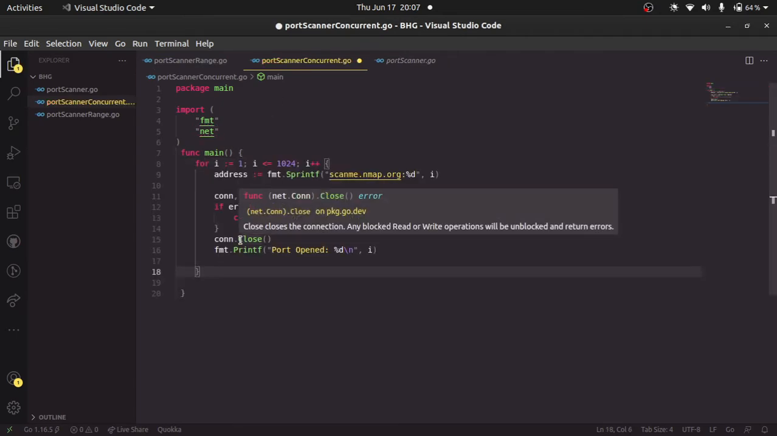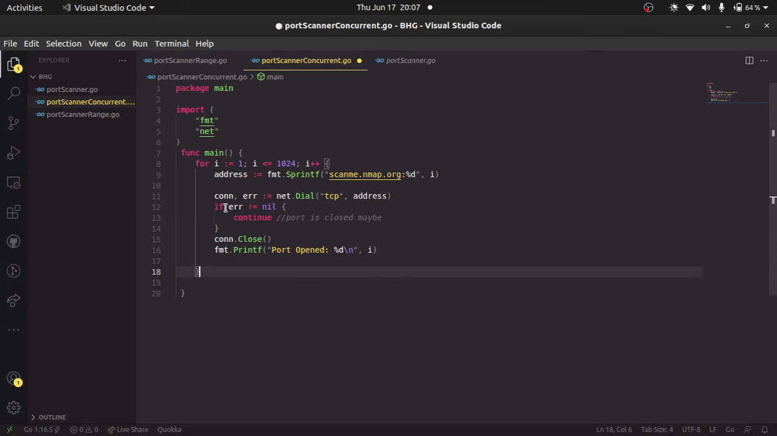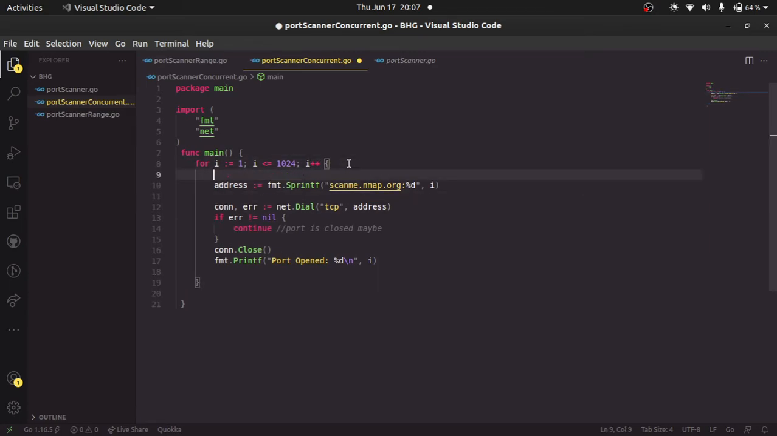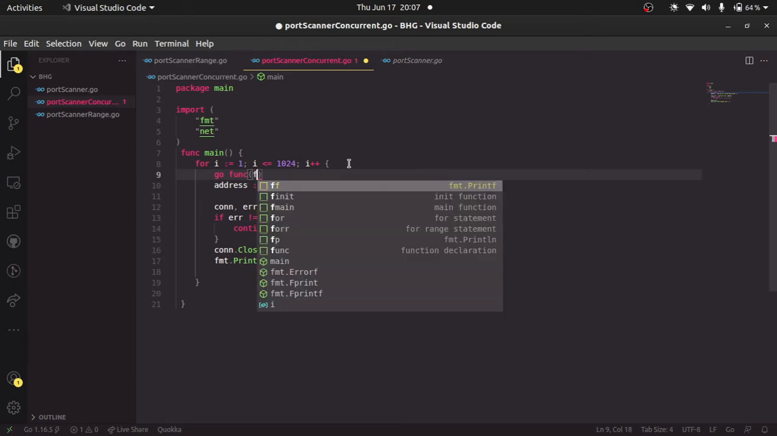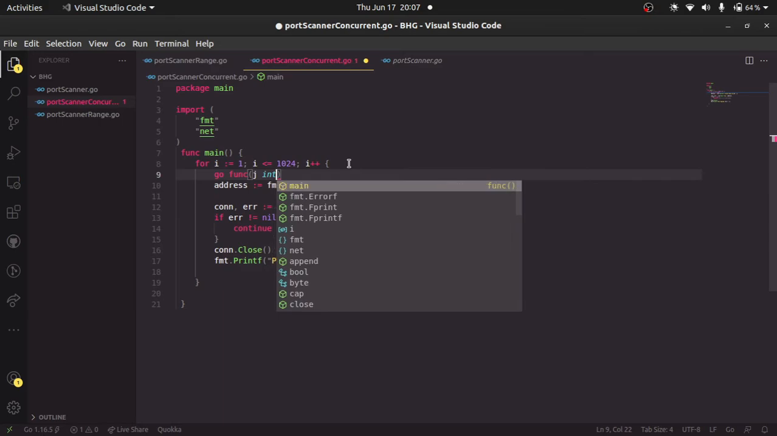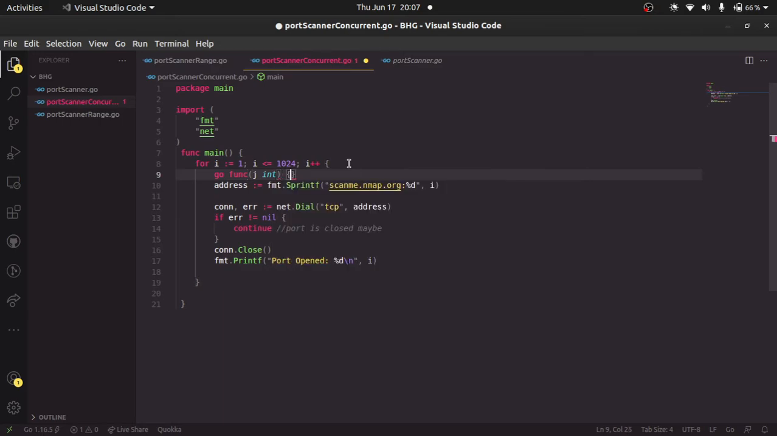So now what we want to do is create a new function inside this loop, a new goroutine called go func, and it will take one integer, j, of type int, and then inside the braces, what it will do, it will simply,